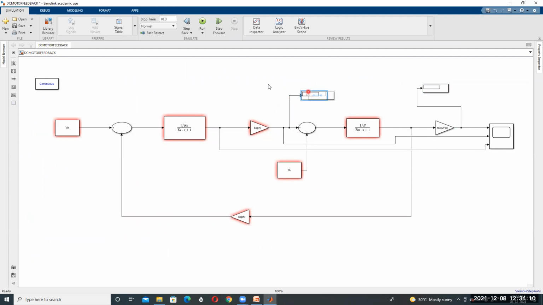If you want to display how much armature current, connect one display here. And if you want to display the back EMF, how much back EMF, also connect one. So like this, these are the different display blocks connected.